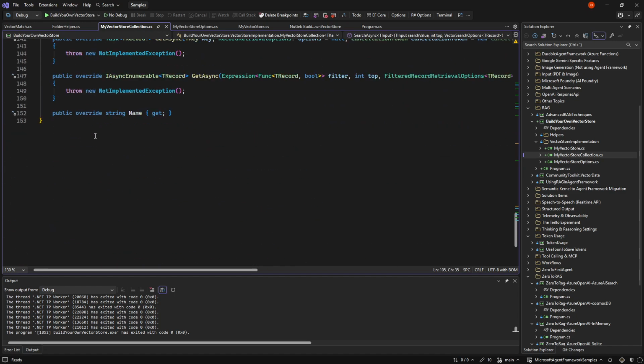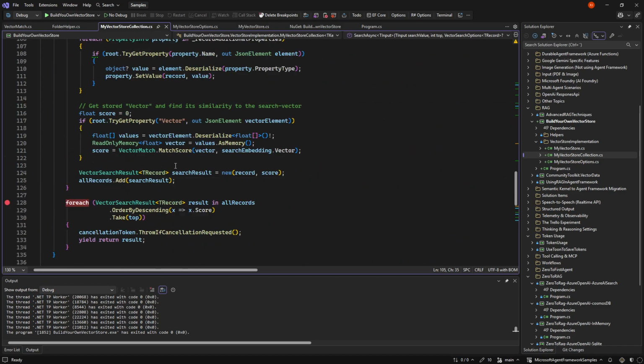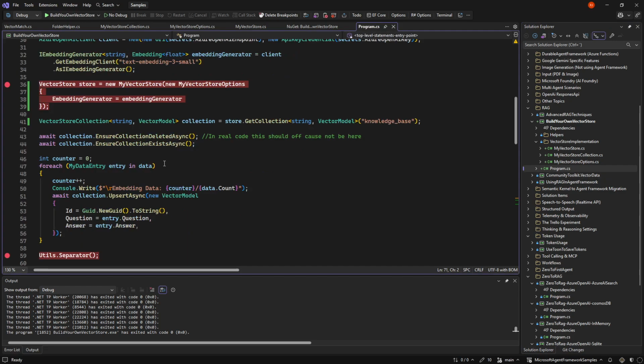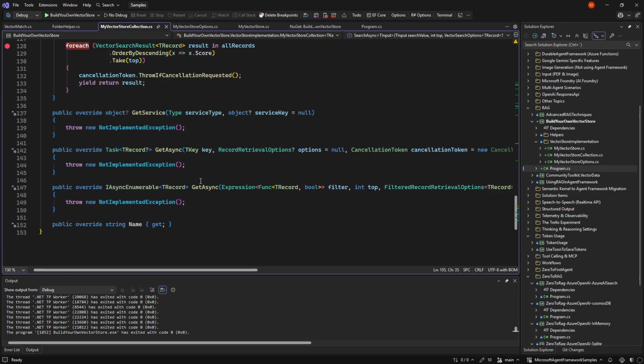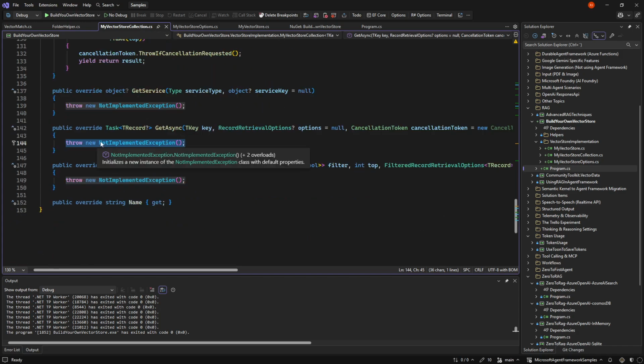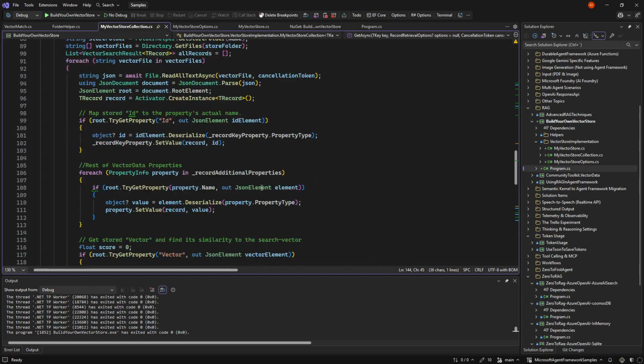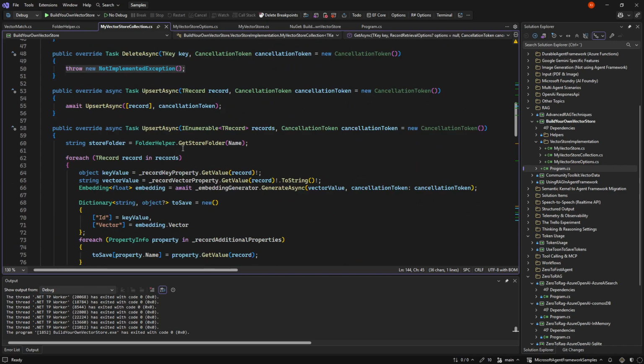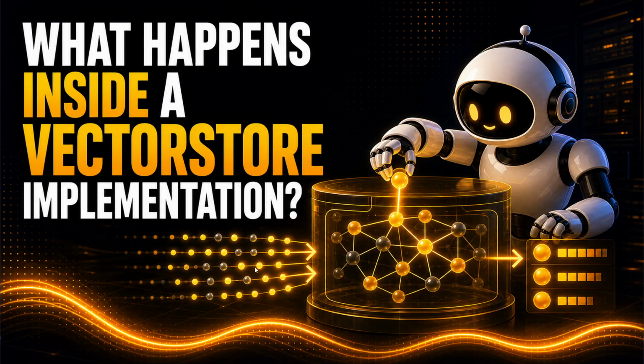So we, in 150 lines of code, have a vector store that can do the most basic things of what we need. Of course, we would need to implement get async of a specific ID, but it will essentially, if we keep it the same way like this, just be more reflection here, and so on. But that's everything there is to how to actually look at what happens inside a vector store.